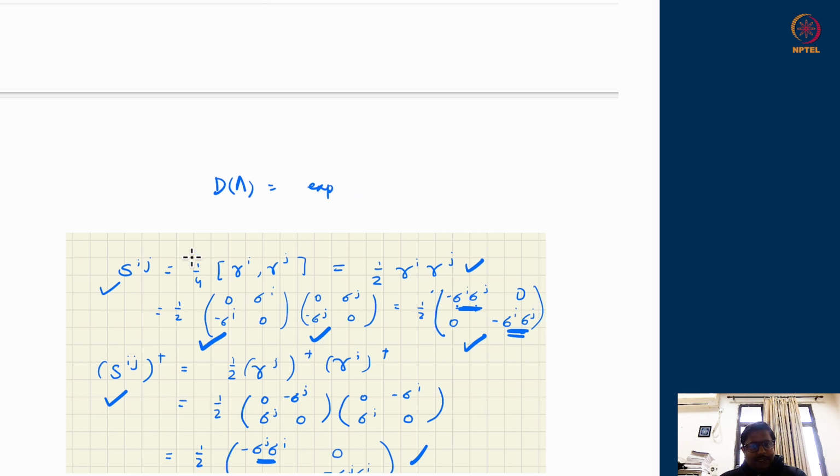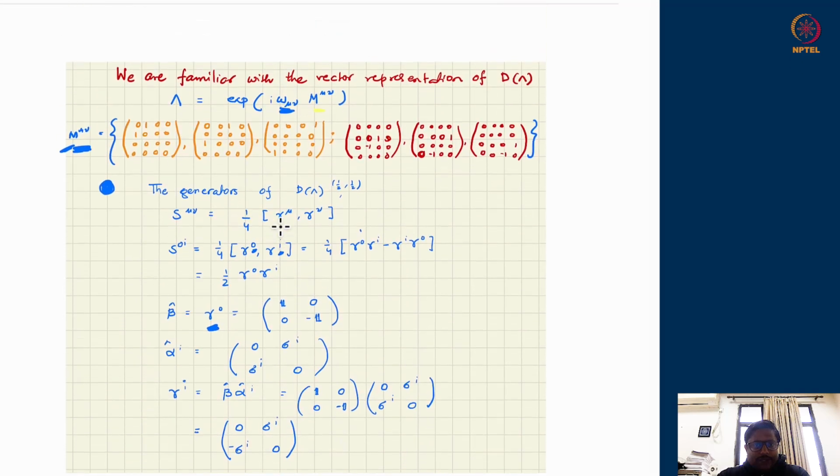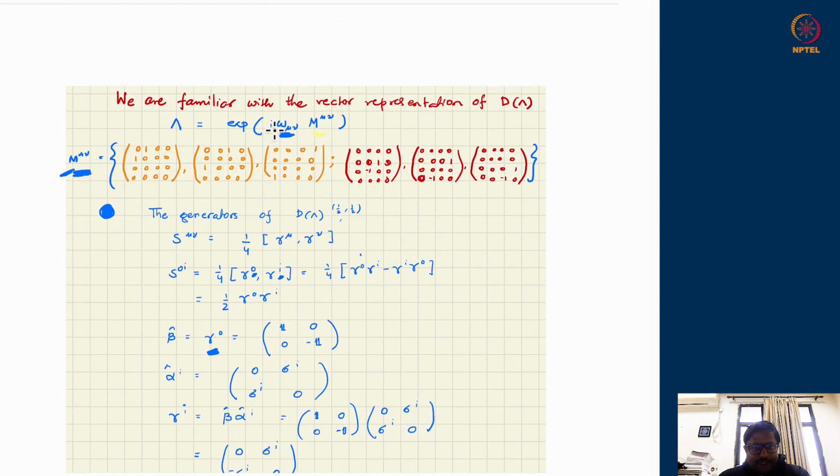We should be slightly careful to write in a consistent notation. Since I had chosen to write the Lorentz transformation for vectors with iota, I'm trying to do the same thing over here for S mu nu as well. So since I'm going to write it with iota, let me supply back iota here in the definition. Okay, so then effectively it would be this.